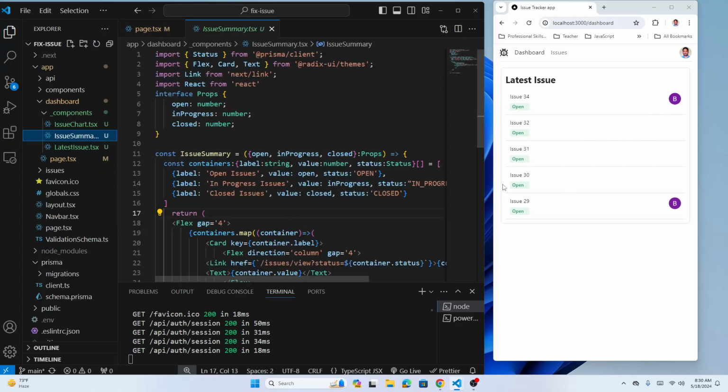Summary means we have open, close, and in progress, three statuses. So we're gonna display a box with the label like open, in progress, and close, and we're gonna see how many is open, how many is closed, and how many is in progress, right? So that means we have to display the number. To display the number of open, in progress, and close,